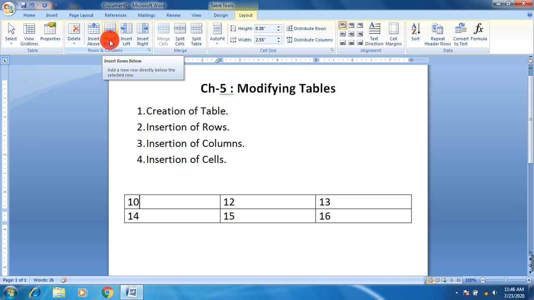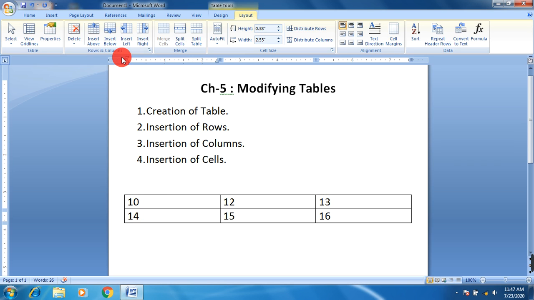For this you have to see here. If you choose insert above, it means there will be a new row above this current selected cell. It means there will be a new row above 10, 12 and 13 row. And if you choose insert below, you will get a new row in between these two values 10 and 14.